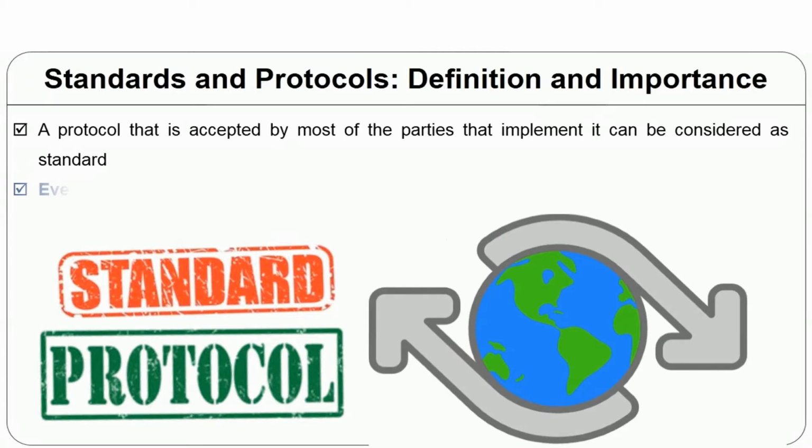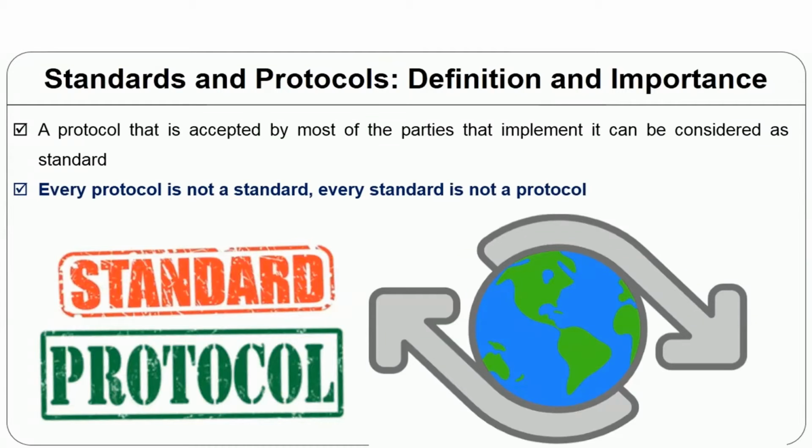Protocol is a set of rules. If I adopt it, it becomes a standard. So protocols and standards are generally used together to give the concept. And every protocol is not a standard, and every standard is not a protocol. Correct, no? Because every protocol means rules you generate, but people may not follow it. But people are using some standard, but not based on rules. So that is why this last statement.